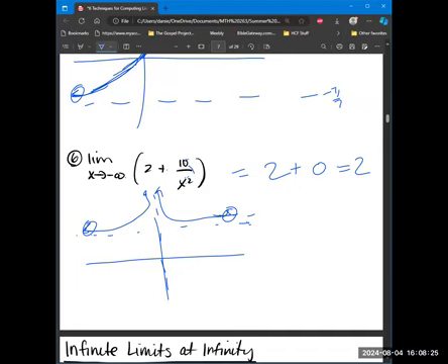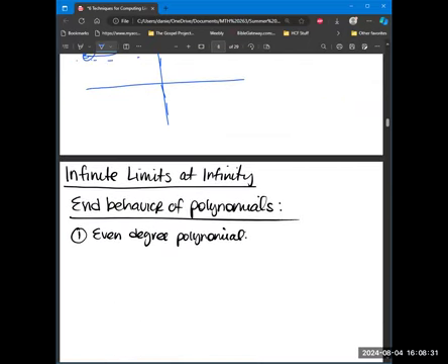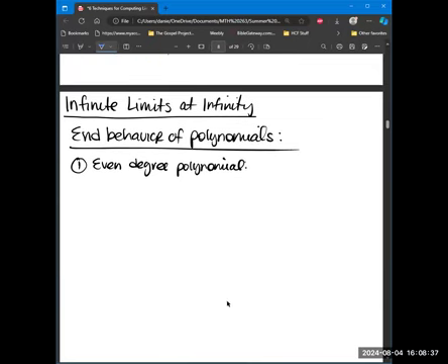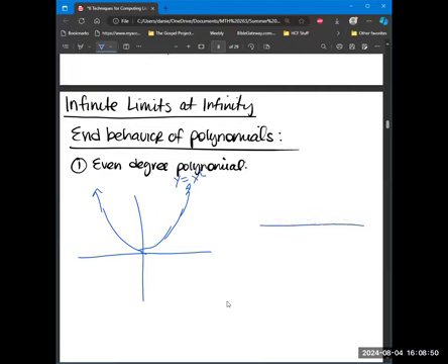So let's go ahead and look at some end behavior of polynomials here. Any even degree polynomial is going to resemble y equals x squared. And even if it is y equals negative x squared here,